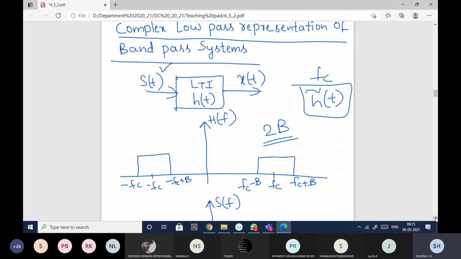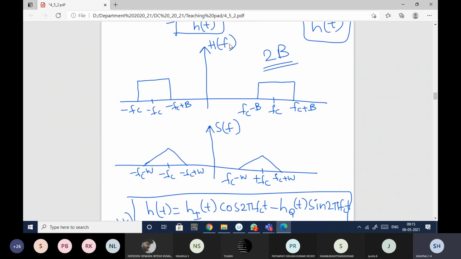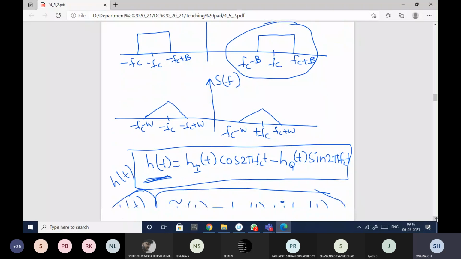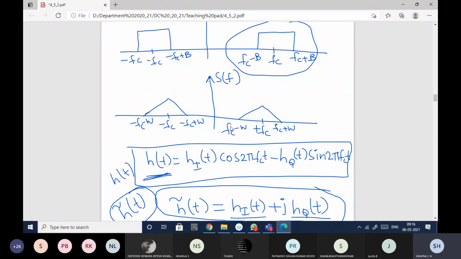In order to do that, I'm showing you the spectrum. If you observe, this is the spectrum. I don't want the spectrum with fc, so I will shift it to the origin. How do I shift it? I cannot directly shift it, right? I need to do some mathematical analysis so that I'll be able to show that even if you shift, it is fine, and it will have the characteristics of the system. So in order to show that, I will take the analogy between the bandpass signal s(t) and the bandpass system h(t).